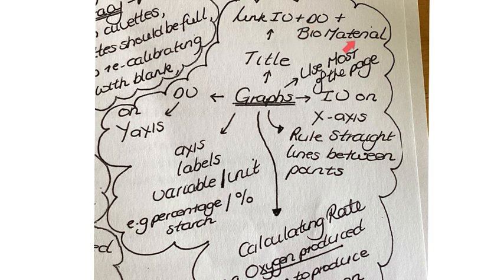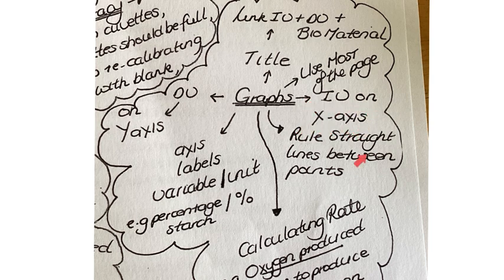And if biological material has been used, you have to name the biological material. So a title could be a graph to show how the rate of reaction changes with temperature when potato catalase is added to hydrogen peroxide. The dependent variable, that is the result, the thing that you record, is on the y-axis. The independent variable, that is the one thing that you change every time you repeat the experiment,